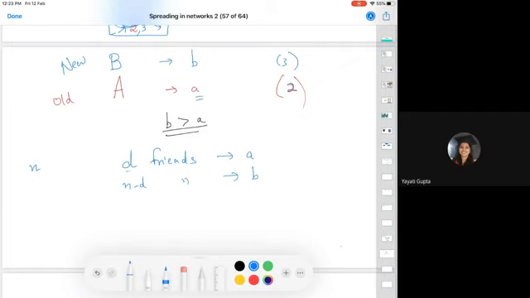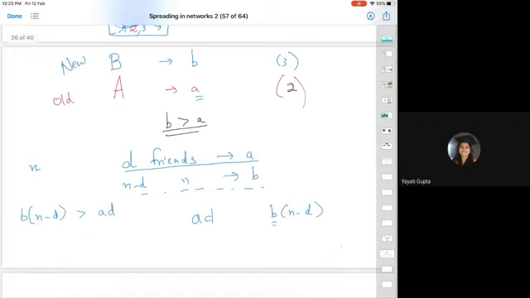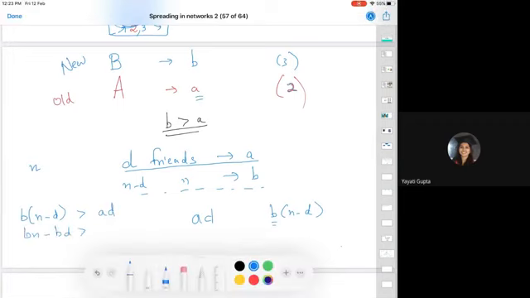So the payoff which it is getting from these friends from adopting the technology A is A into D, and the payoff which it is getting from adopting this technology B here is B into N minus D. So this person is going to shift to technology B only if B into N minus D is greater than A into D. And then you slightly solve this formula. So this becomes Bn minus Bd is greater than A into D, or you can say Bn is greater than D of A plus B, or you can write it down as D is